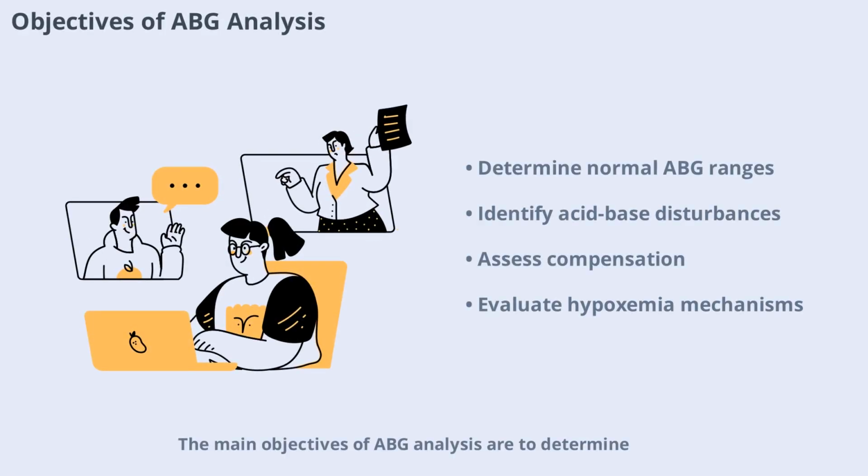The main objectives of ABG analysis are to determine whether arterial blood gas values fall within normal ranges, identify primary acid-base disturbances and mixed disorders, assess compensation, and evaluate the mechanisms contributing to hypoxemia. By mastering these skills, you'll be able to interpret ABG results with confidence, recognize critical changes in a patient's status, and guide appropriate interventions. These objectives form the foundation for understanding the clinical significance of ABG values and their impact